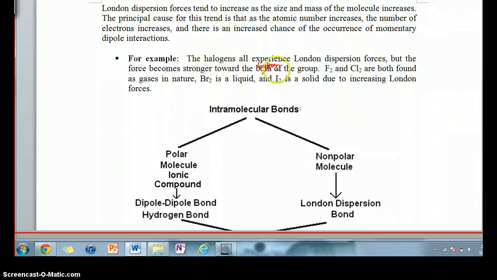For example, the halogens all experience London dispersion forces. If we're thinking about our diatomic molecules, the forces become stronger toward the bottom of the group. F2 and Cl2 are both found as gases in nature, Br2 is found as a liquid, and I2 is found as a solid. So towards the top of the halogens we have gases, and towards the bottom we have a solid. That's because as we move down a group, our atoms tend to be larger,